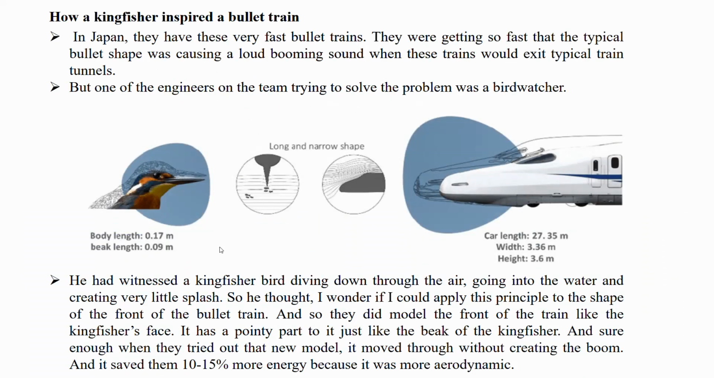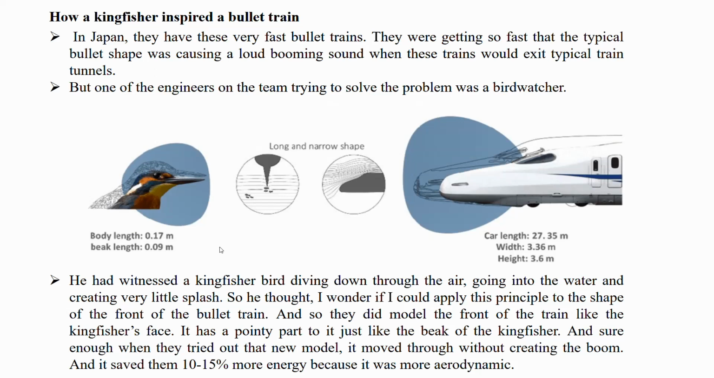So how did a Kingfisher inspire a bullet train? In Japan, they have these very fast bullet trains. They were getting so fast that the typical bullet shape was causing a loud boom when these trains would exit typical train tunnels. But one of the engineers on the team trying to solve the problem was a bird